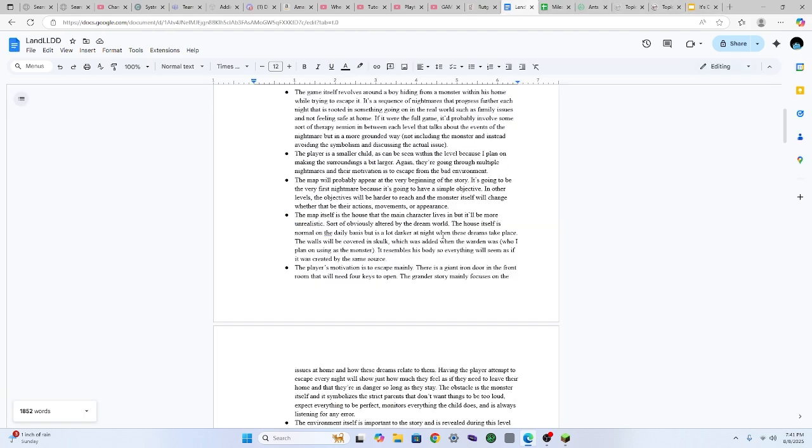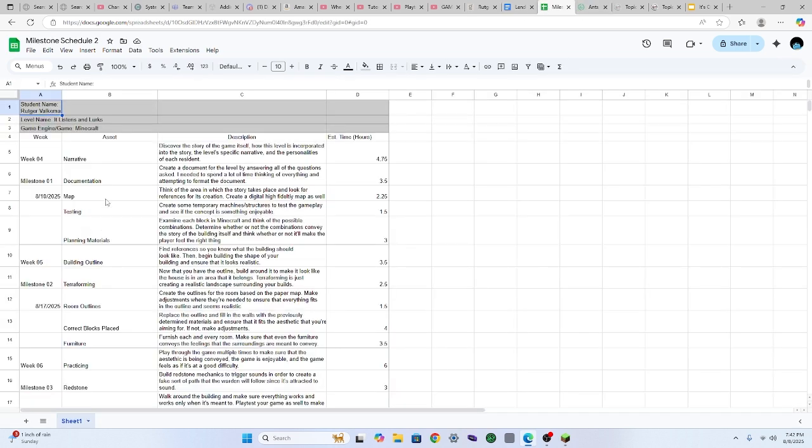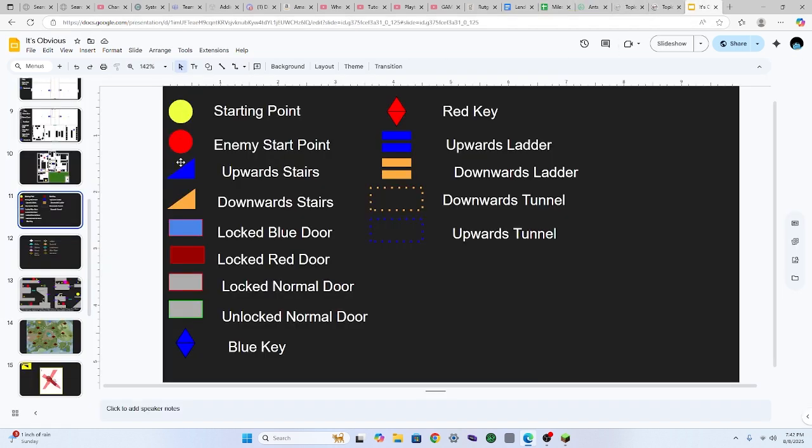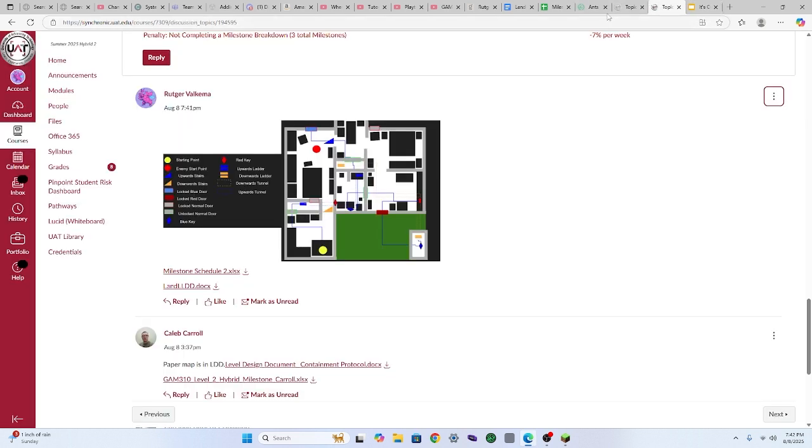At least I hope so. Hopefully that wasn't some of the stuff that got cut out. And then map. You did see me create the map itself, right here, sort of planning where everything is, where all the objects are, everything like that, pathways, where items are, just a bunch of stuff like that.